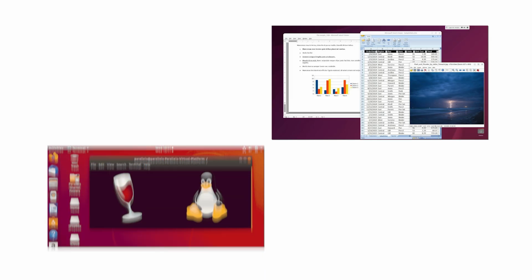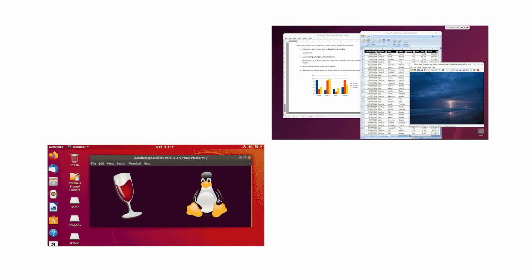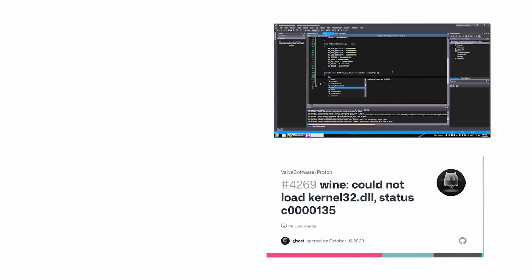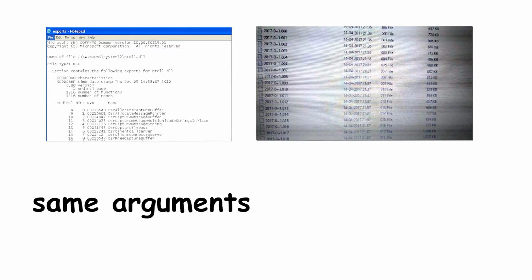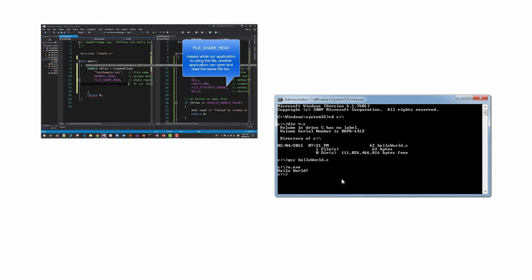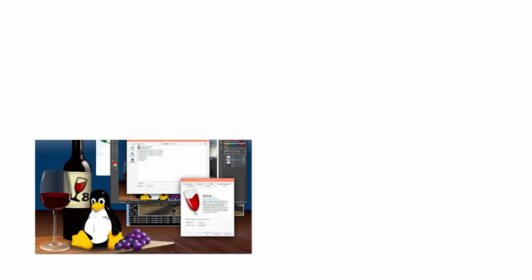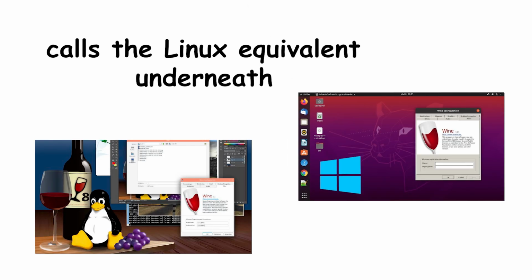So Wine ships its own kernel32, its own user32, its own ntdll. Same file names, same function names, same arguments, same return values. Different code inside. When the program calls CreateFile, it lands in Wine's version. Wine reads what the program asked for and calls the Linux equivalent underneath.